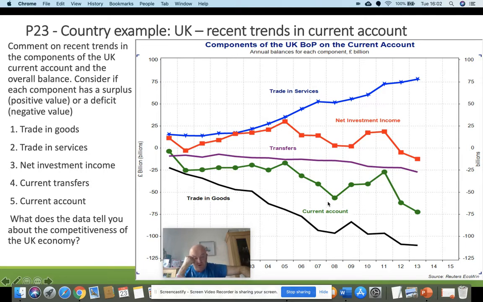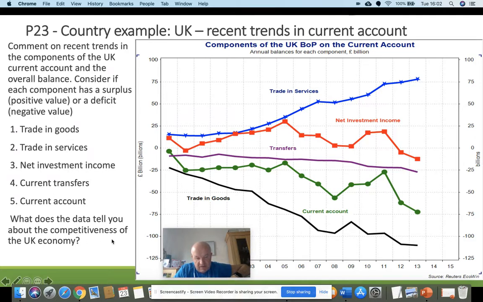The question that you might get asked is something along the lines of what you see on the left-hand side of the page next to the components graph. Comment on recent trends in the components of the UK current account and the overall balance. Consider if each component has a surplus, a positive value, or a deficit, a negative value. Okay, so in this instance, you need to go through and look at trading goods, trading services, each one, and see whether they were in surplus or in deficit. Okay, and then also overall, if you like, that's relatively easy to do, but this bit, the analysis bit, is